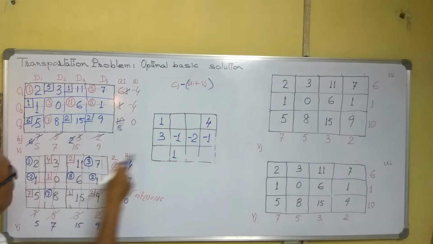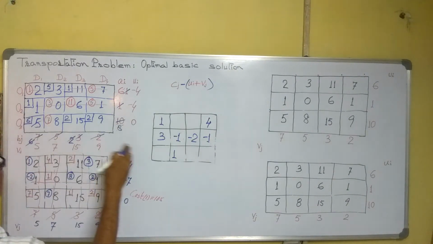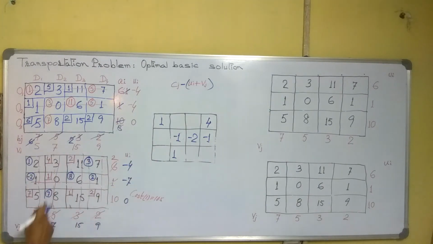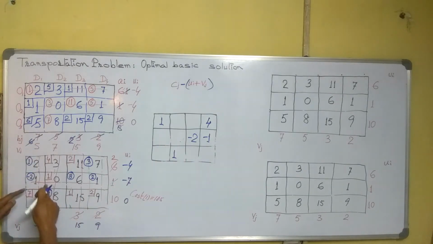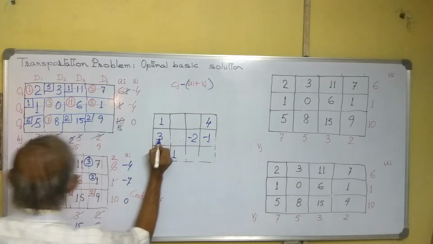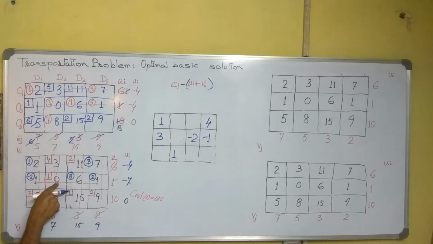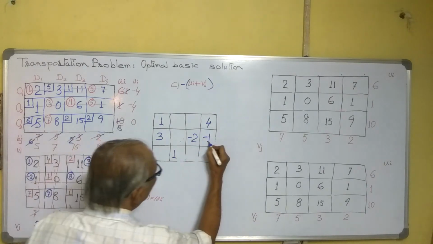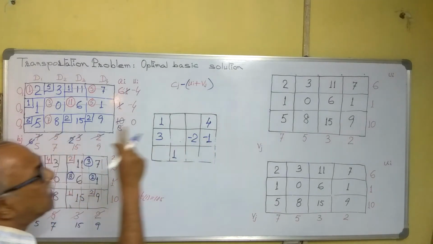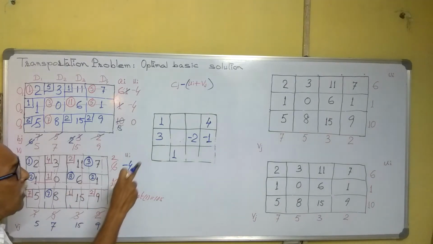We have written one extra. This one was allotted, so here we cannot write this one. Here it was allotted. Here it is 1 minus minus 2, 3, okay. 1 minus minus, but this one we cannot write because it is allotted. Okay, so these are the values we got. Again we are getting two negative values, hence it is also not the optimal solution.